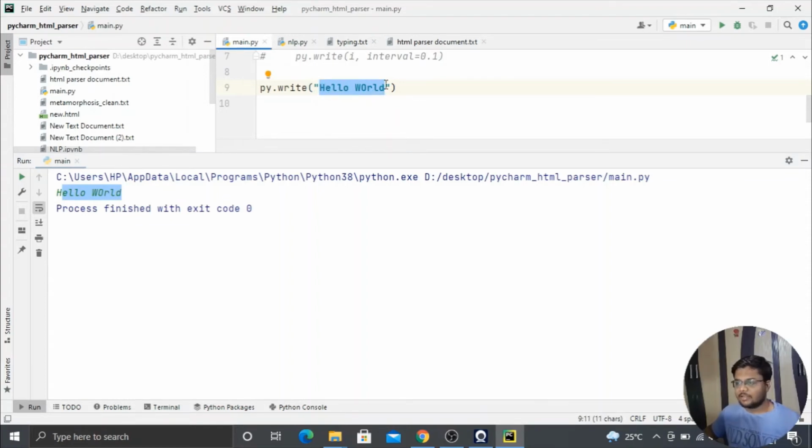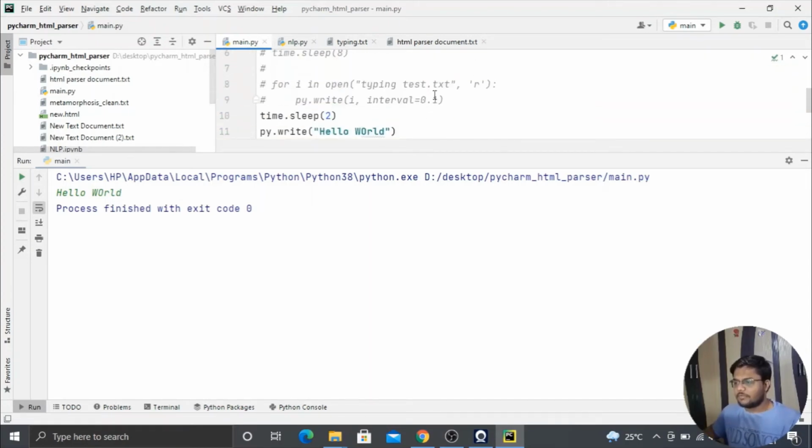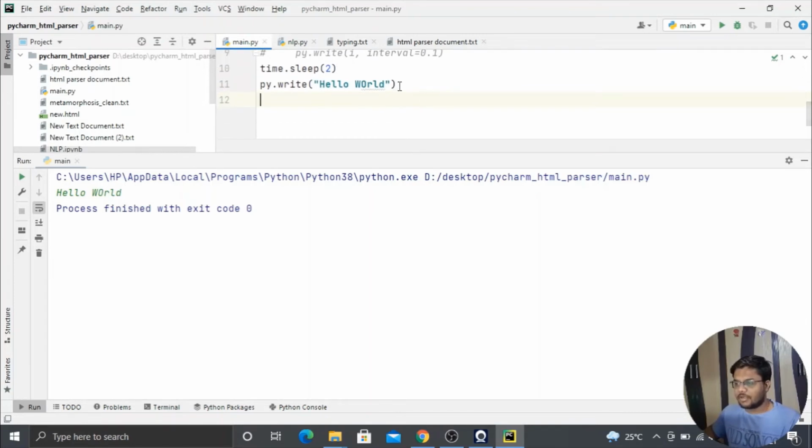Like I passed hello world, so it has typed hello world over here. And if I use time.sleep, and suppose I pass 2 seconds, then it would wait for 2 seconds, and after that, it would write hello world. So let me execute this again. Here you can see it waits for 2 seconds, and now it has written hello world.